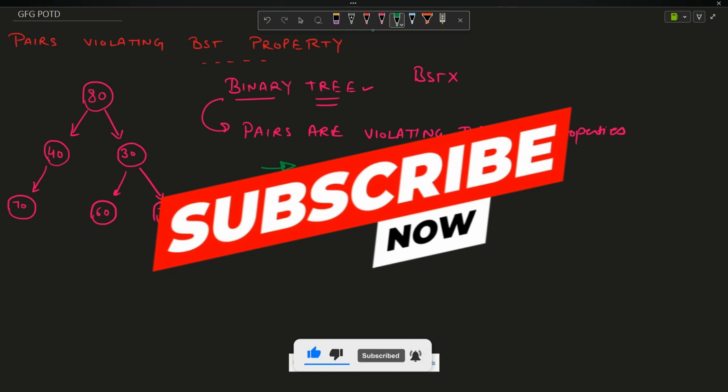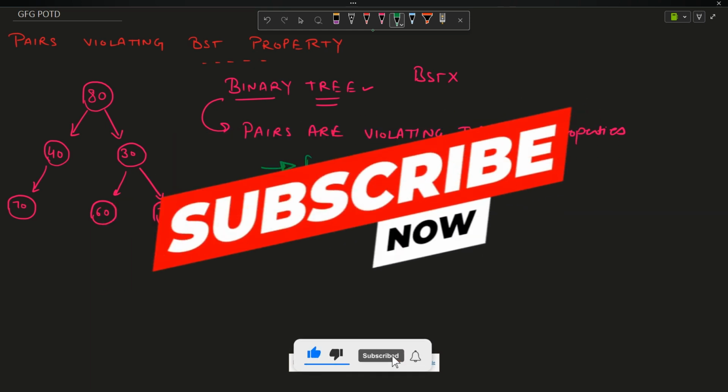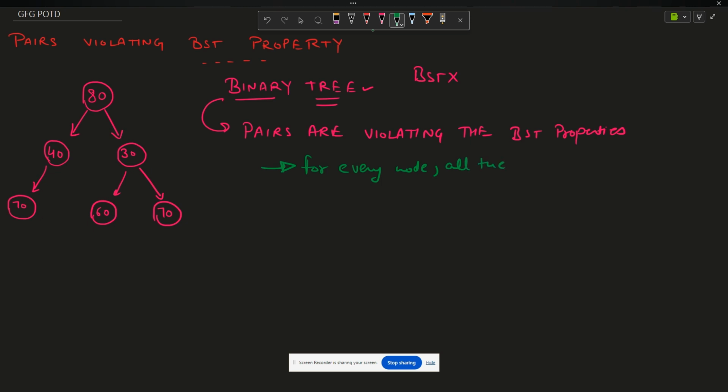The BST property says that for every node, all the children in the left subtree should be less than the node. For 80, the left subtree is 40 and 70, so 40 should be less than 80, and 70 should be less than 80. And similarly, for every node,